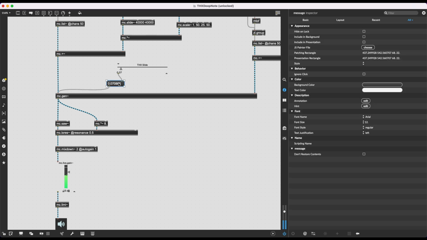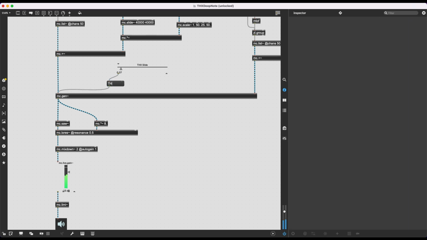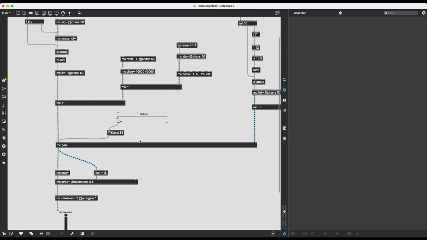Oh wait, I did it wrong. It should be like this: THX mix $1. There we go. Beautiful. And there is one more thing we can do to make this really accurate, really beautiful, and that is